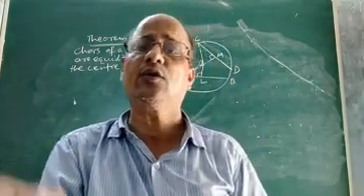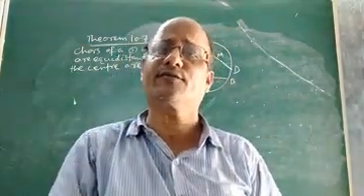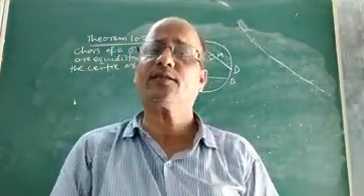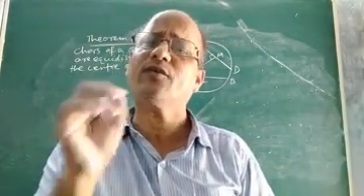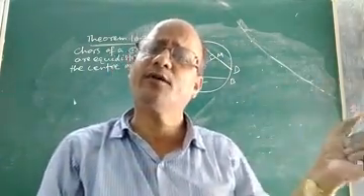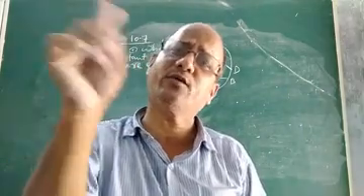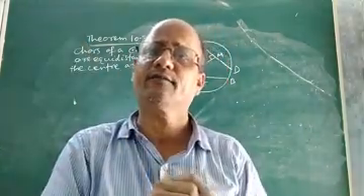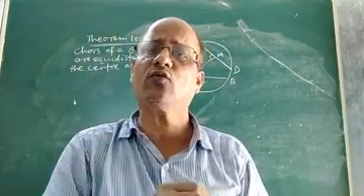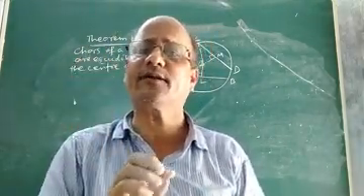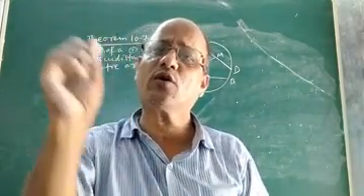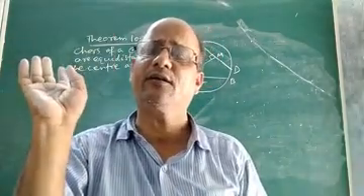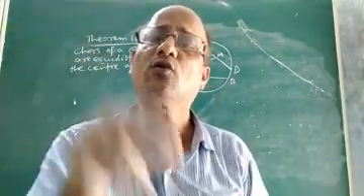Today let us discuss the converse of that particular theorem, that is theorem 10.6. So what is the converse? There we proved that if two chords are equal, they are equidistant from the center. Now suppose in a circle you are given two chords and they are equidistant from the center, means the distance of the two chords from the center is equal, it is given. How will you prove that the two chords are equal?